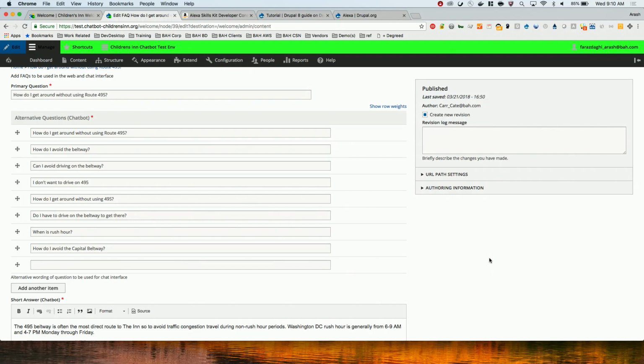Word for word, and that's where the AI platform comes into play. What happens here is either Amazon Alexa or any of the AI platforms that are out there will take these